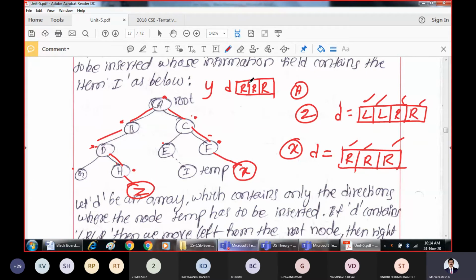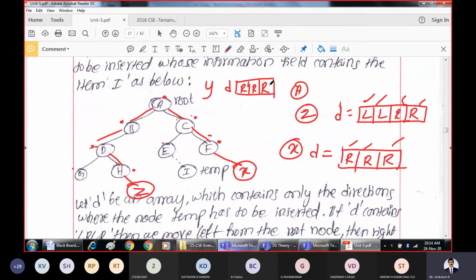Any answers? Unmute yourself and speak. Any one of you. I'm asking you some simple question. Given some directions, can I insert Y here? What are the directions?